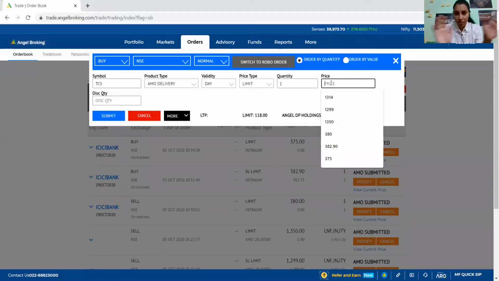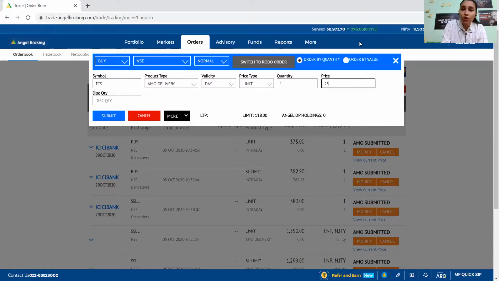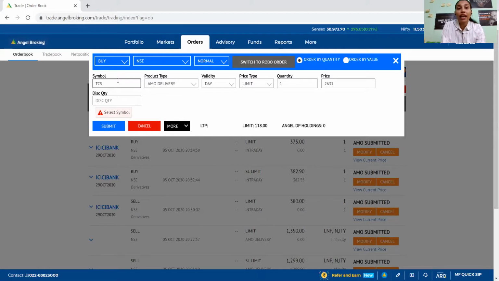Right now the market is not moving up and down, as it is an offline market. But when you place the trade, the screen will automatically show you the movement, 2615, 2630. So for example, you see it immediately at 2630 and it is moving up. If you don't place the trade, it will go up to 2645. If the price is at 2630, you can buy at 2631 immediately. At that very moment, you place 1 rupee above the price and then buy it, and your trade will actually be executed. I don't know why it is not getting entered right now.